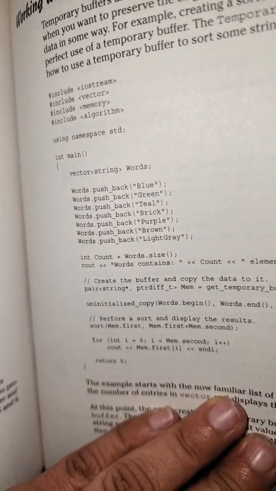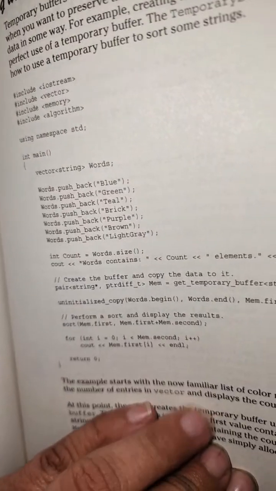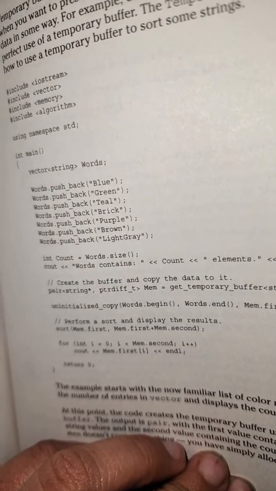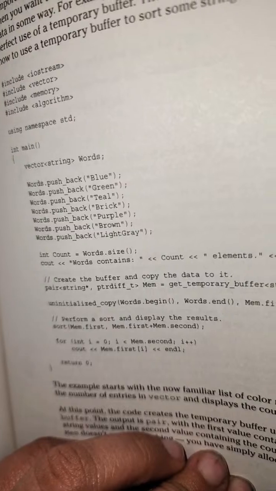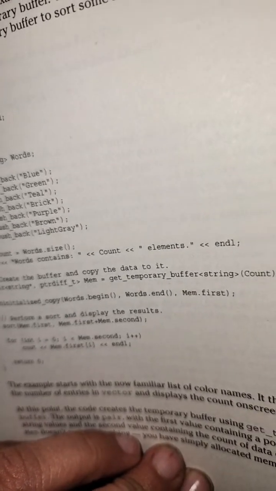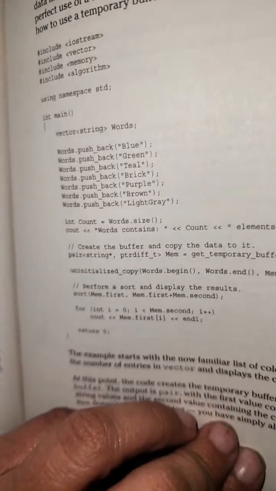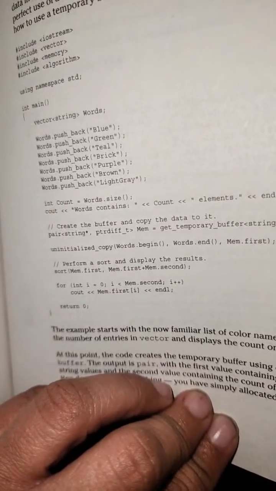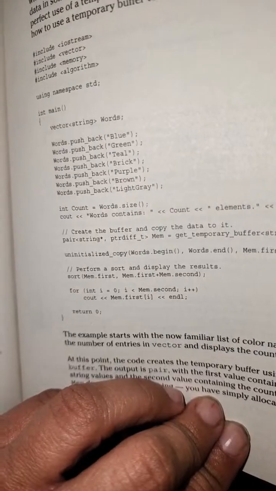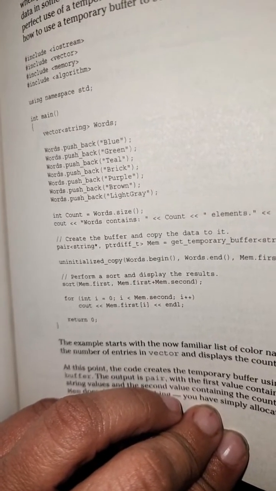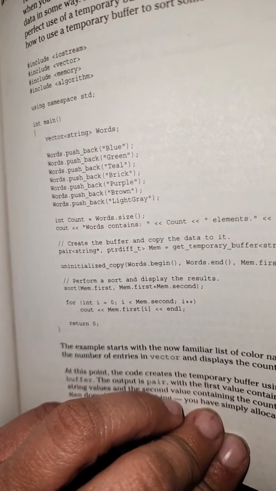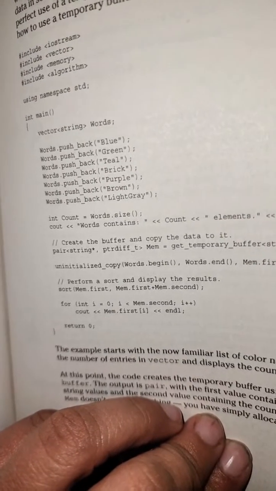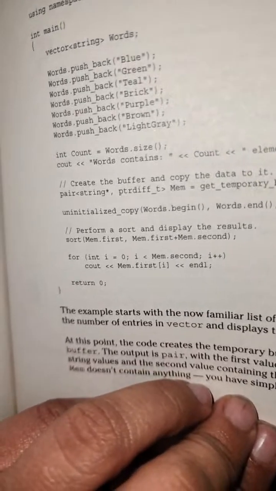int count = words.size(); cout << "words contains " << count << " elements" << endl; // Create the buffer and copy the data to it. pair<string*, ptrdiff_t> mem = get_temporary_buffer<string>(count); uninitialized_copy(words.begin(), words.end(), mem.first); // Perform a sort and display the results. sort(mem.first, mem.first + mem.second); for (int i = 0; i < mem.second; i++) cout << mem.first[i] << endl; return 0; }